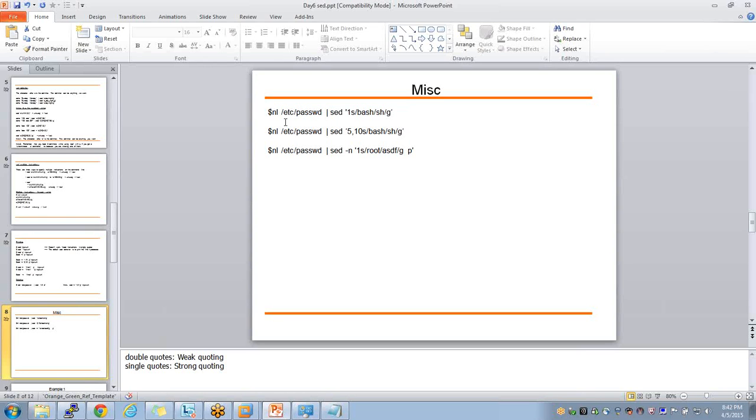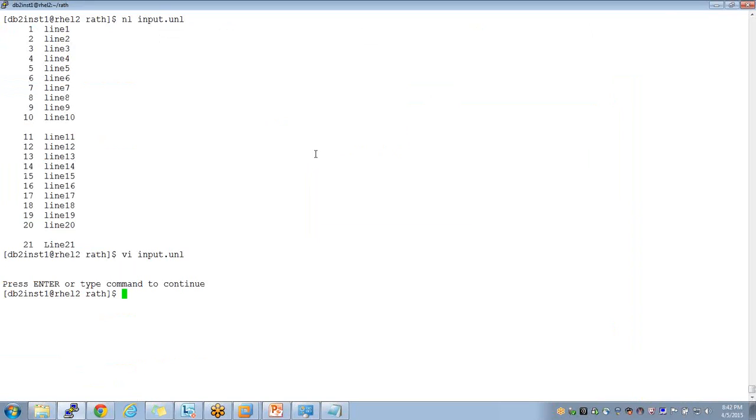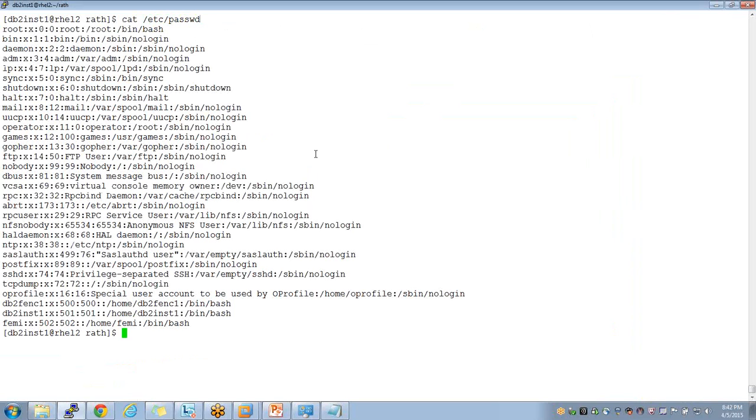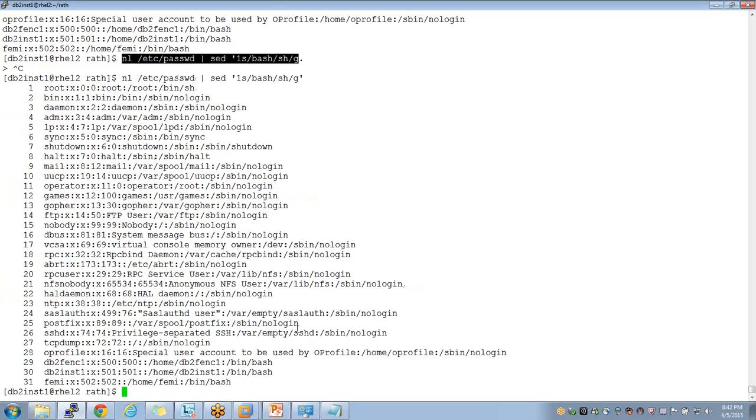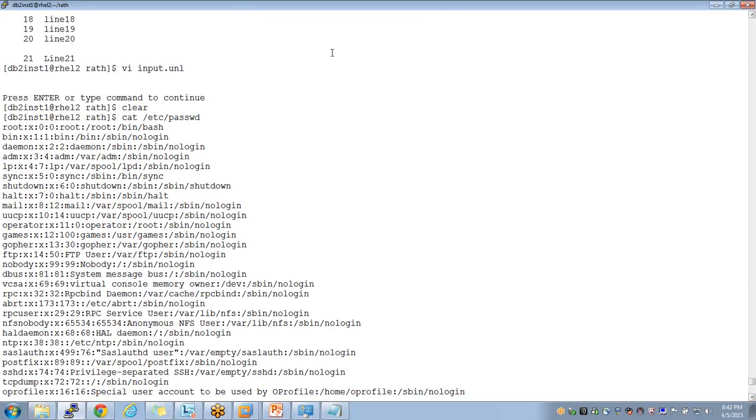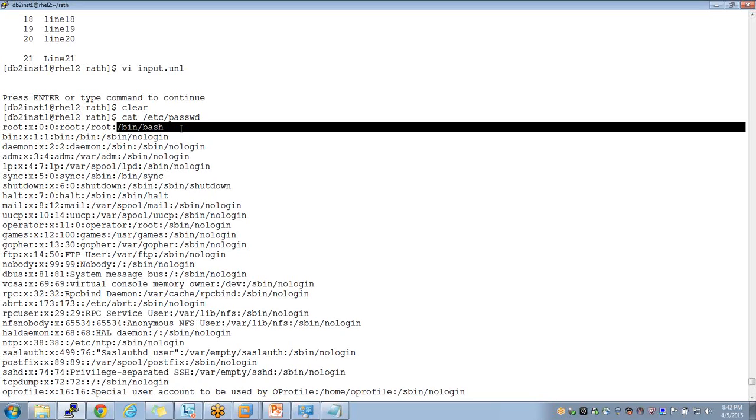Okay, let's try this: replace root with sh in etc passwd, when I do cat etc passwd. The root entry will be replaced with sh now.